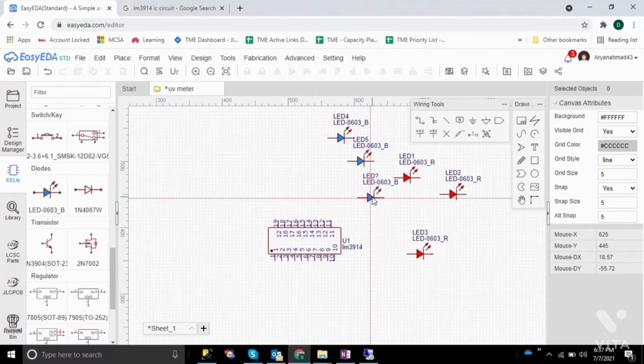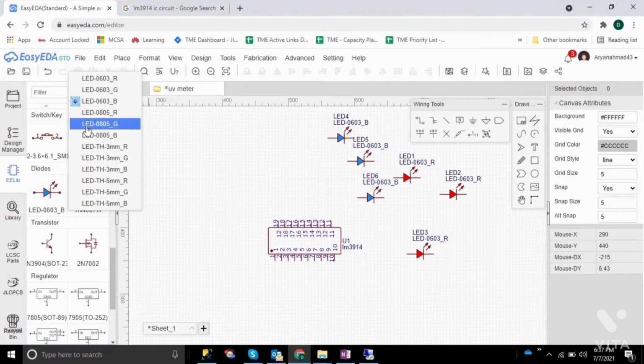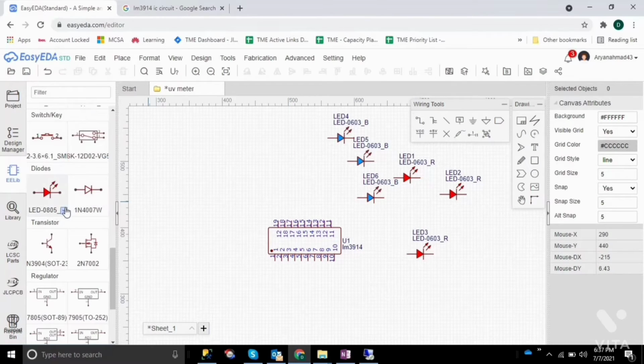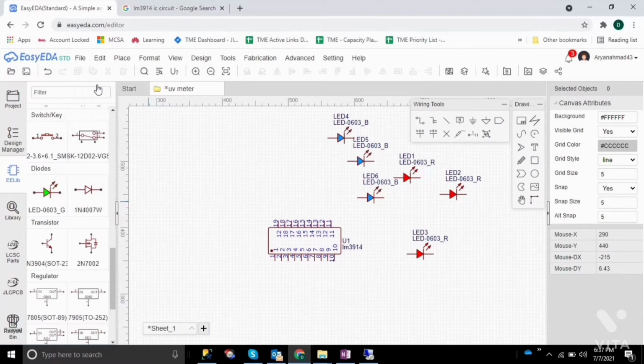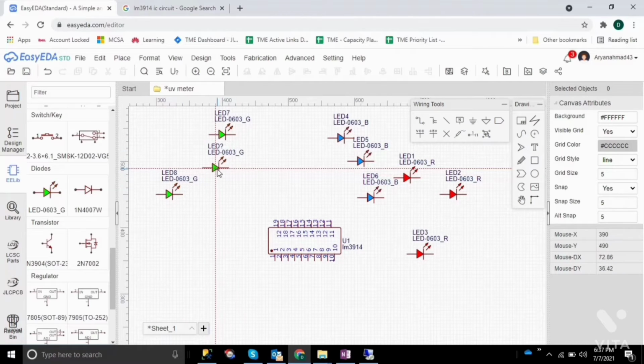and then the green one, because my plan is that red indicates low sound level, because a VU meter is a meter which can tell you how much your audio level is. So red means very low audio level, blue means normal, and green means full audio level. That's why I use these three LEDs.